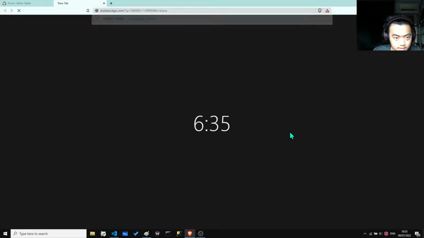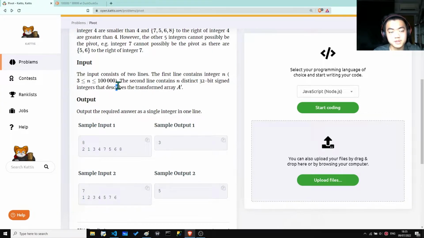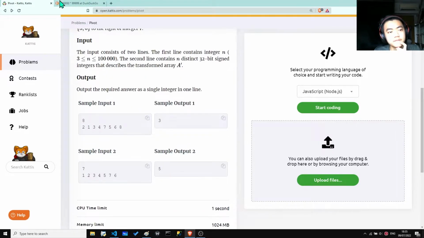9999999, is that it? Yeah. You have, what is this number? 9 trillion. 9 trillion operations, which is way too slow considering you have 1 second. So how do you know it's way too slow? That's because